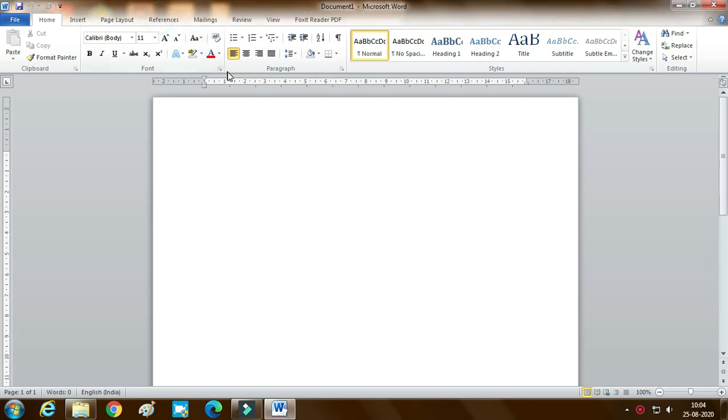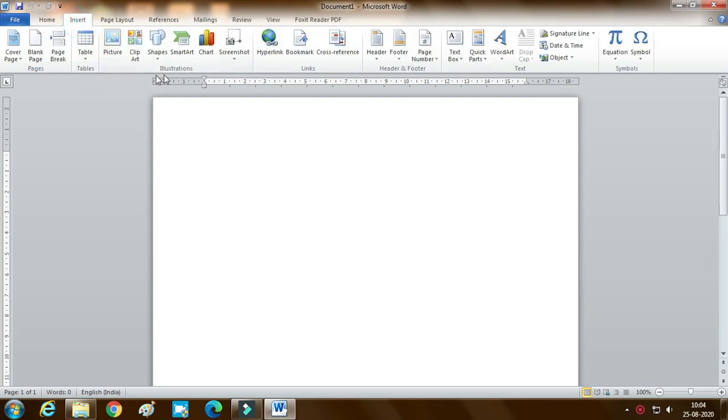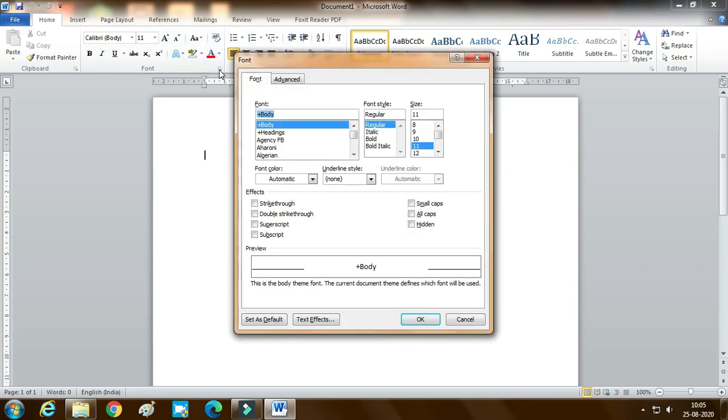When we click on that particular group's dialog box launcher, we get more settings according to that category of options. Here under the Font, we have options like regular, bold, and the size options. We can set them permanently, and we can make the color settings and style settings.